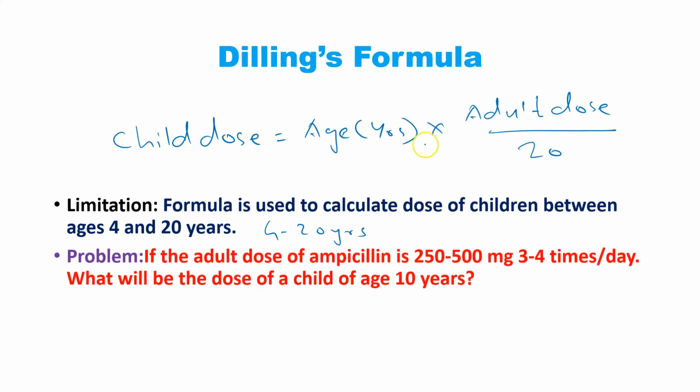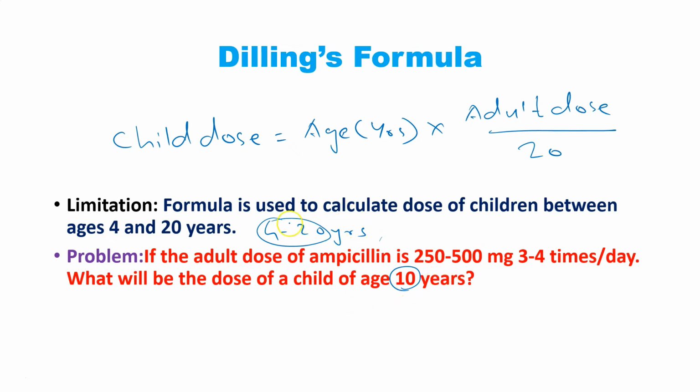If the adult dose of ampicillin, an antibiotic, is 250 to 500 milligram, here the range has been given, so you need to calculate the range for the child. And it is 3-4 times per day. What will be the dose for a child of age 10 years? The important thing is that the age is within the window of 4 to 20. Young's formula can also be utilized here, but we are seeing the example of